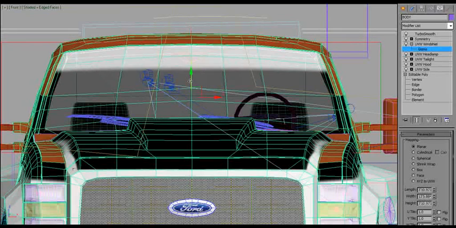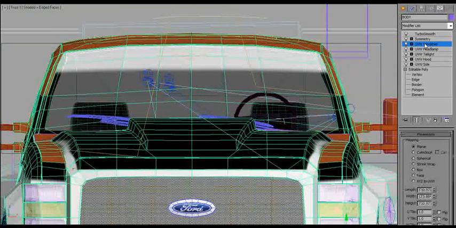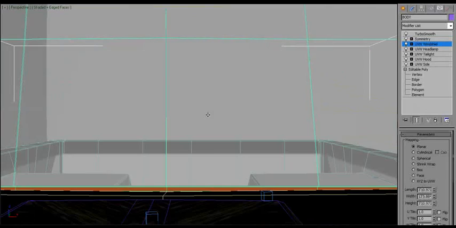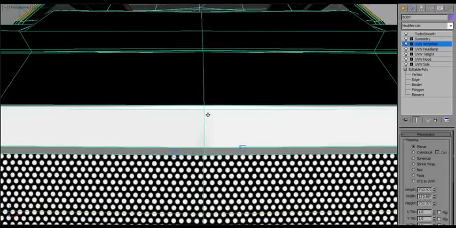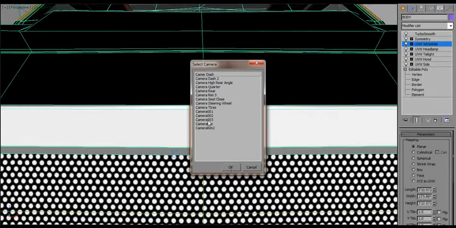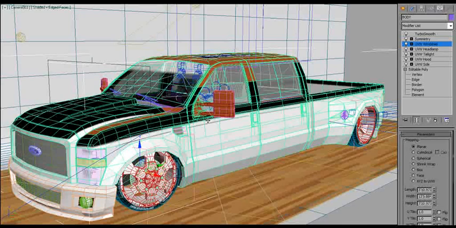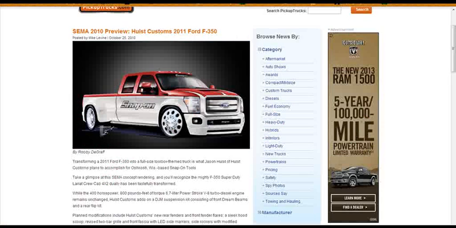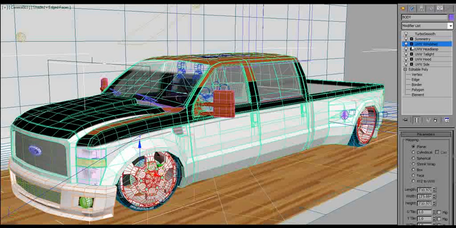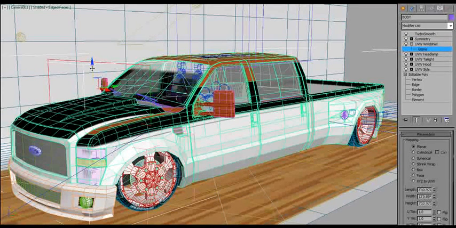So all I really need to do is drag this down to where I think it should be. Bada bing, bada boom. Okay. So there's our windshield. Probably going to do some adjustments here. I don't like it straight across, so I'm probably going to,